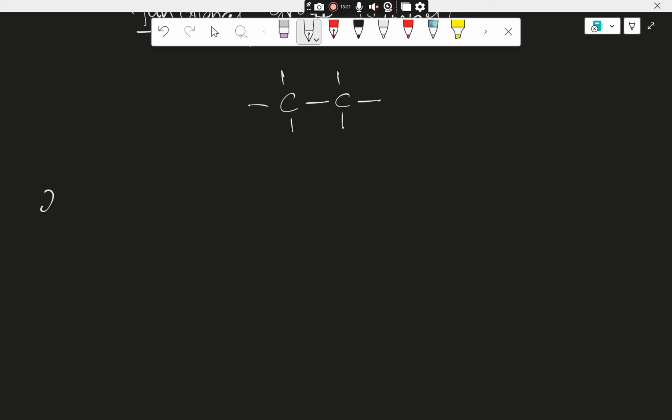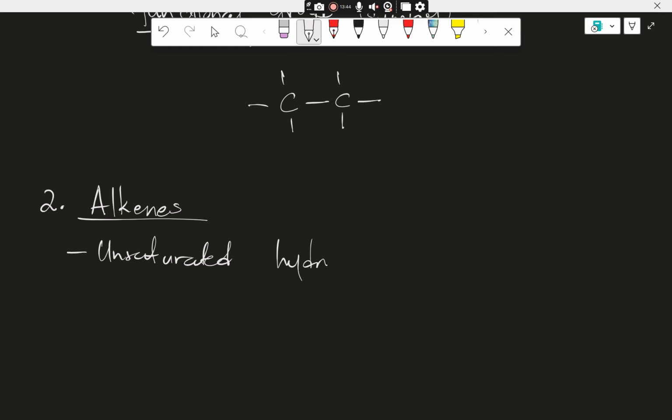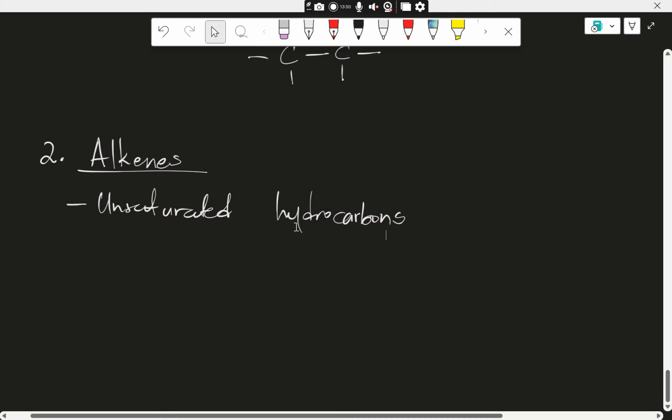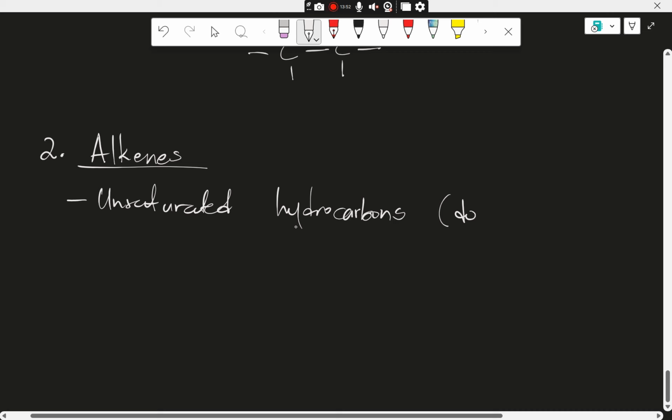So let's look at the second category or the second group of hydrocarbons called alkenes. So since now we already looked at alkanes, this will be so simple. So these are unsaturated, double bonded, or unsaturated hydrocarbons. So these are unsaturated hydrocarbons, right? And these are what? They are double bonded. These are double bonds, right? So these ones,